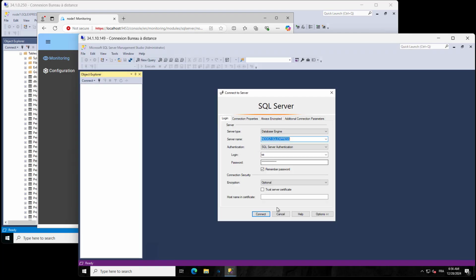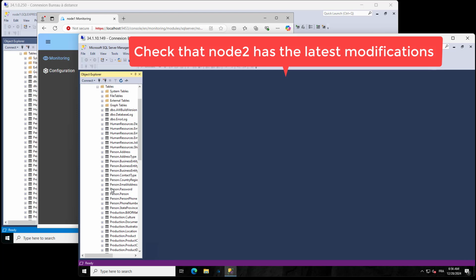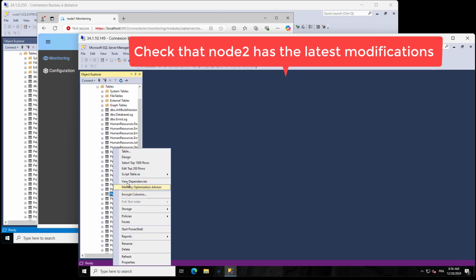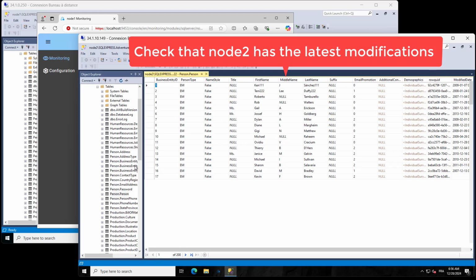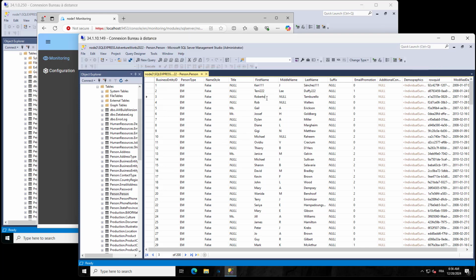On Node 2, we can check now with SQL Studio that the last modifications made on Node 1 have been replicated in real time. Continue making modifications on Node 2 before restarting the module on Node 1 to verify the resynchronization process.